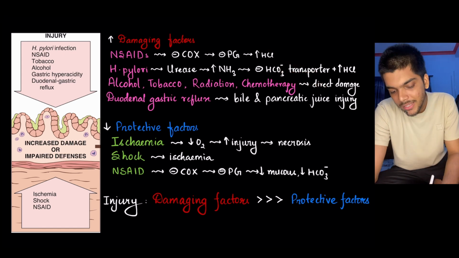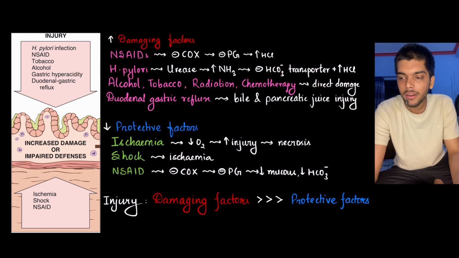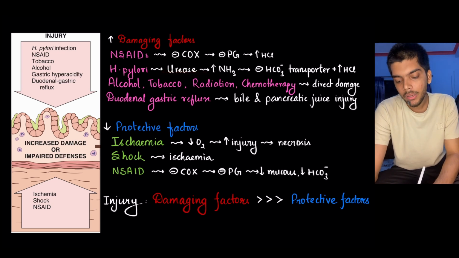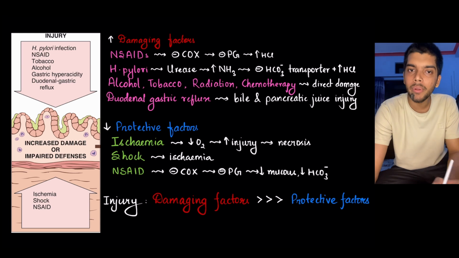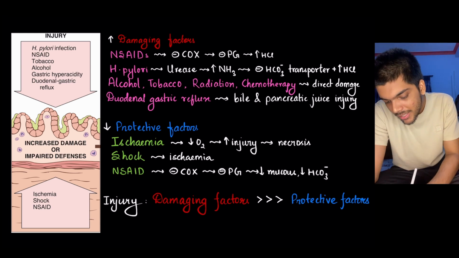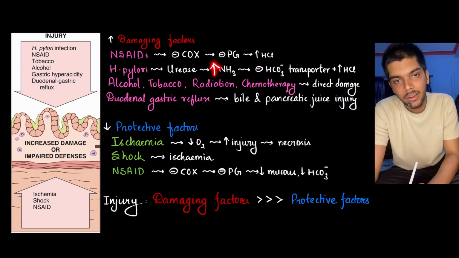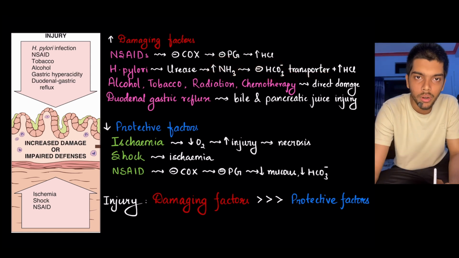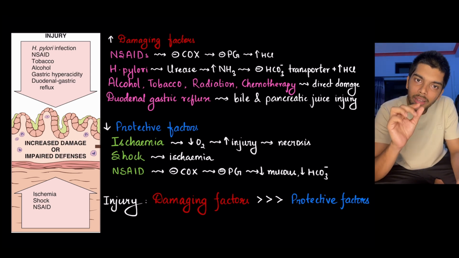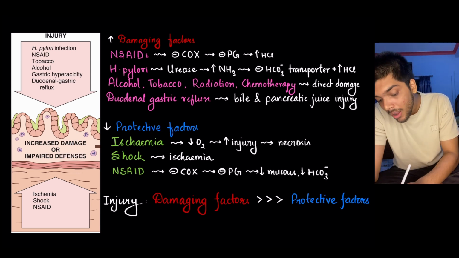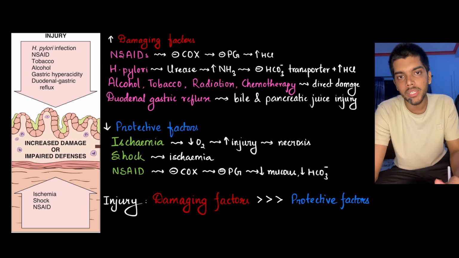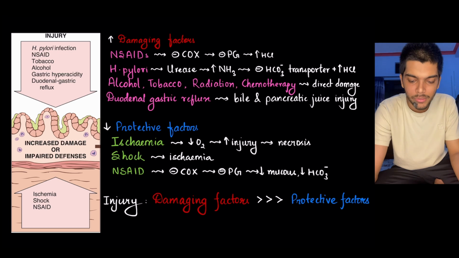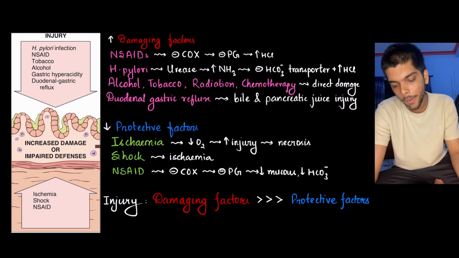Good. Next, Helicobacter pylori infection. Helicobacter pylori is urease positive. It can produce urease. Urease will break urea into ammonia. And when there is an increased amount of ammonia, what happens? This ammonia inhibits the bicarbonate transporter. So there is no longer bicarbonate in the mucus lining. Plus, Helicobacter pylori is also responsible for hypersecretion of acid. So it increases the secretion of acid as well, further damaging the wall of the stomach. Another,